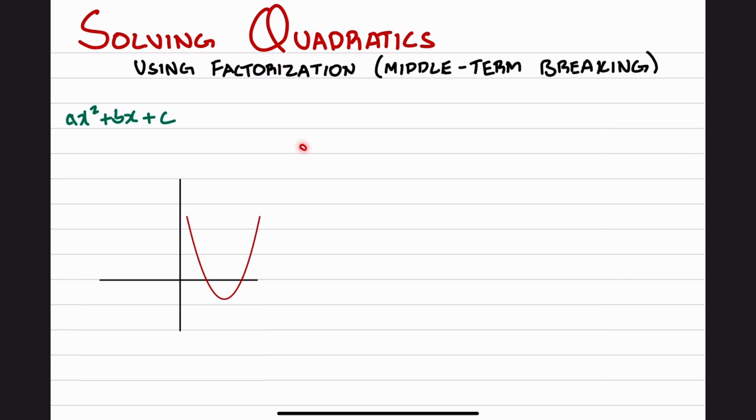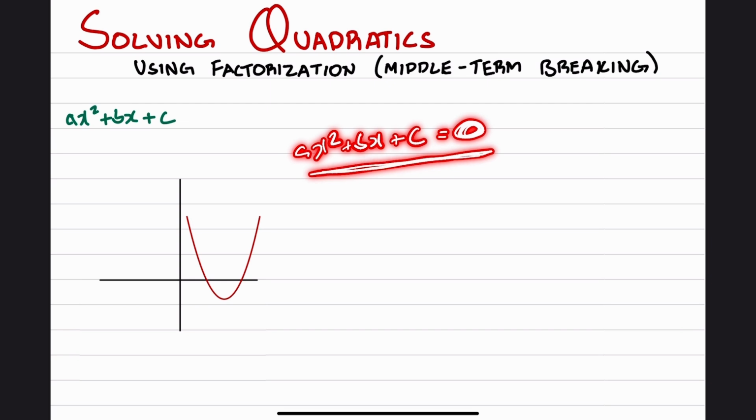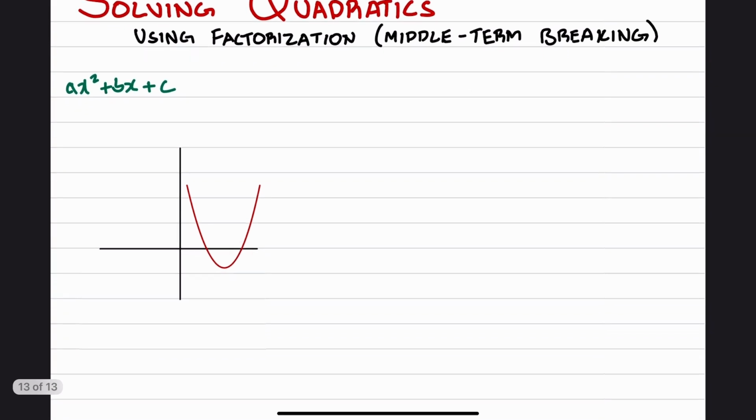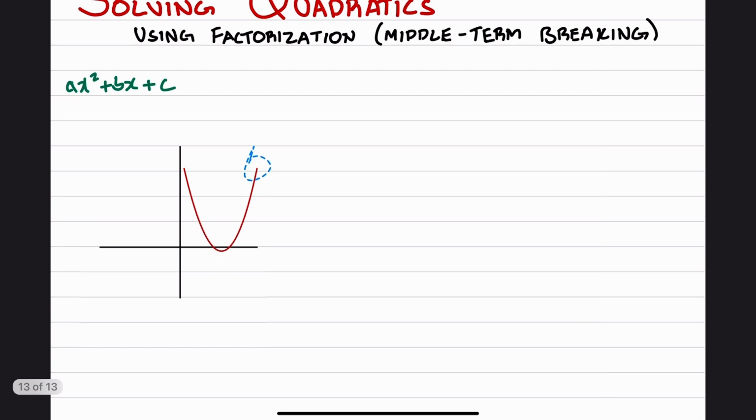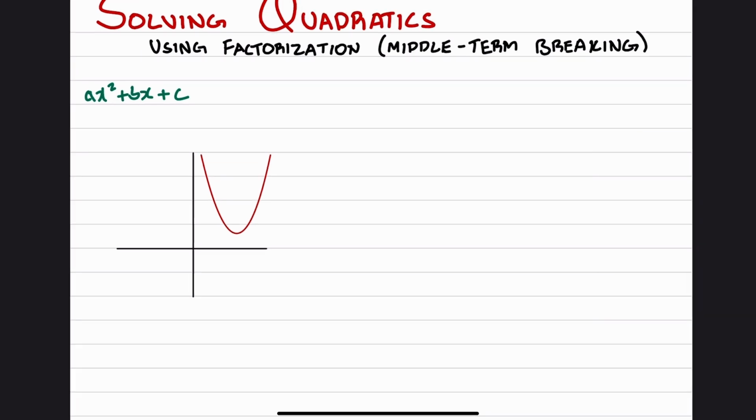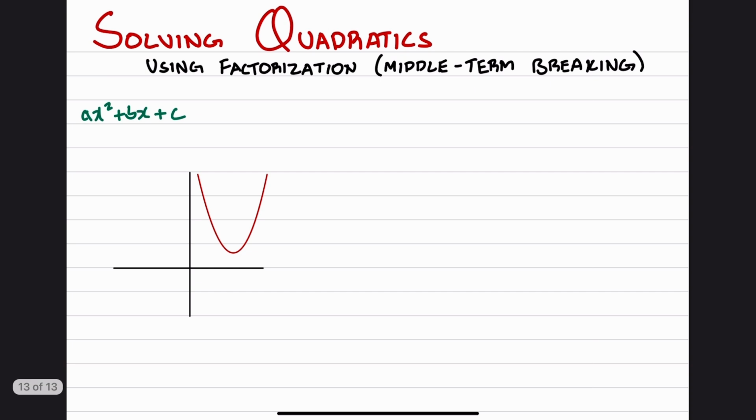We equate a quadratic with 0, and what this means is that we're looking for the x-intercepts of the curve and hence our x values, which are usually 2, but they can be 1 in the case where our curve is a tangent to the x-axis, or there can also be no roots to a quadratic where there is absolutely no contact between the curve and the x-axis. Now the first way out of three methods to solving quadratics is using factorization,